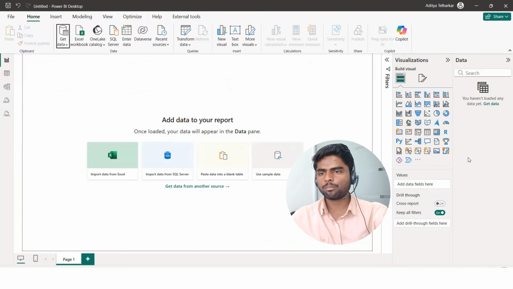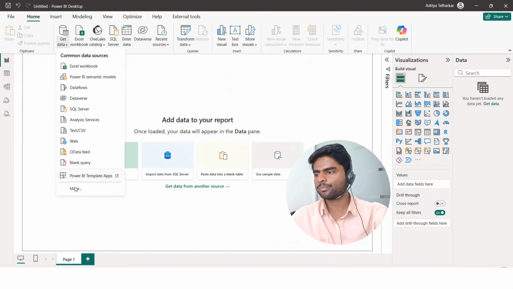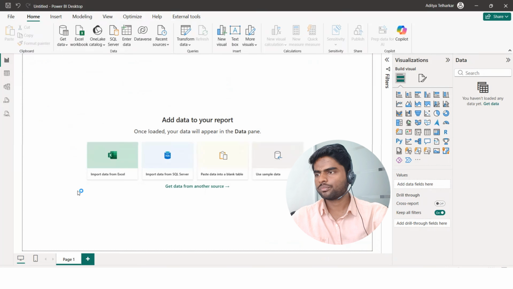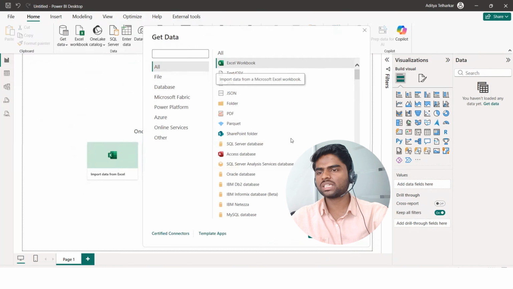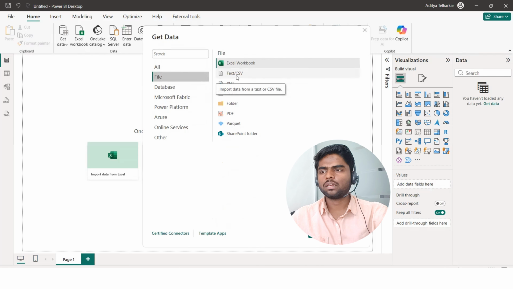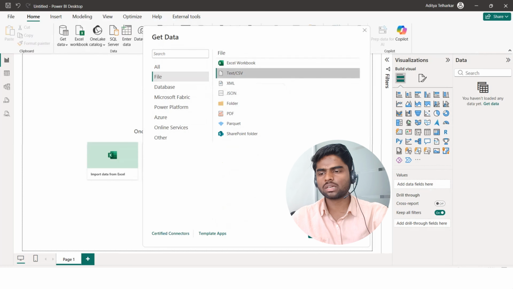I have opened this Power BI file where we have not loaded any data yet, so we have to load that pipe separated file. First of all, click on the Get Data option, click on More. Then you will be able to see several options to connect to data from multiple different sources. Click on File and here you will find Text/CSV. So click on that Text/CSV option, click on Connect